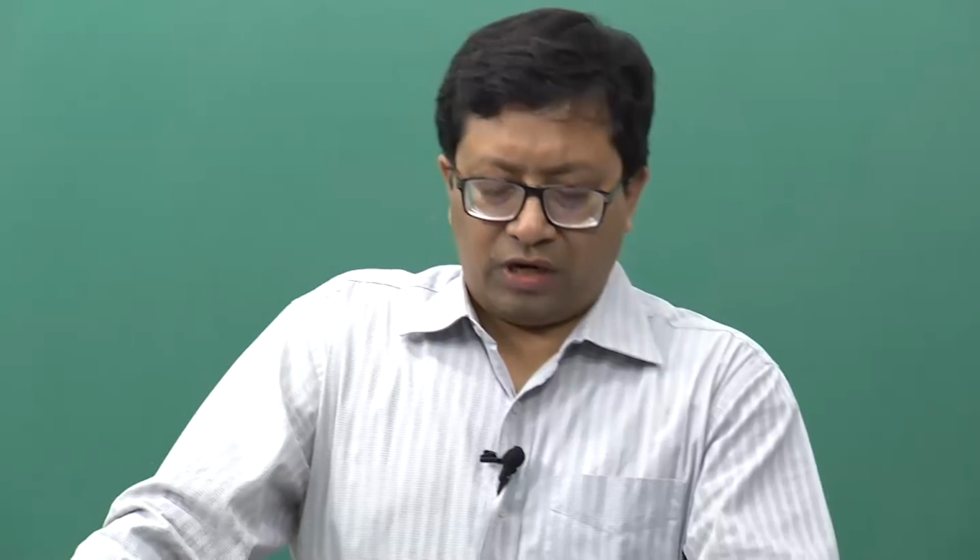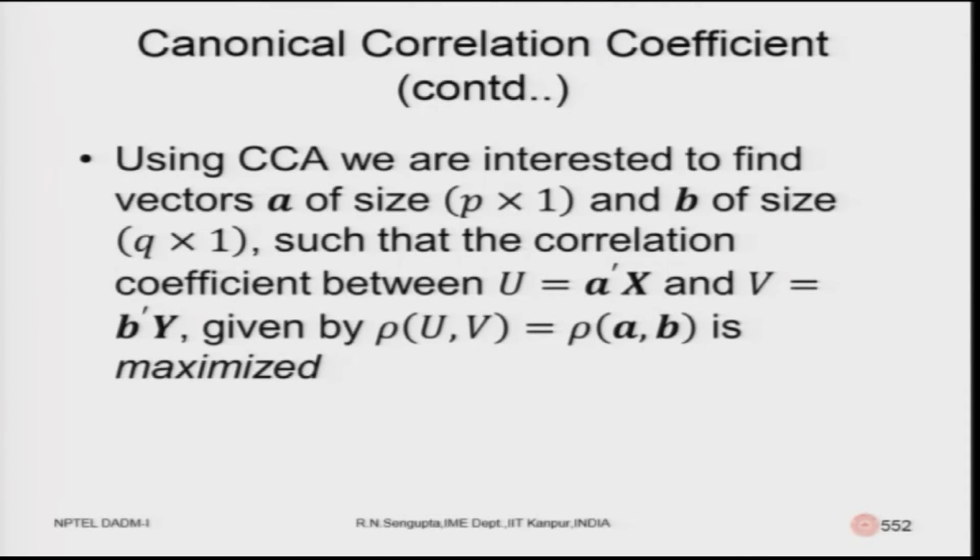Now, we want to find the correlation between U and V. U and V are the new sets of random variables formulated by the linear combinations of A and x, and V would be the random variables formed by the linear combinations of B and y. So, given A and B, we would try to find the correlation coefficient between U and V, which are the new variables formed for better prediction under CCA, the canonical correlation analysis method.